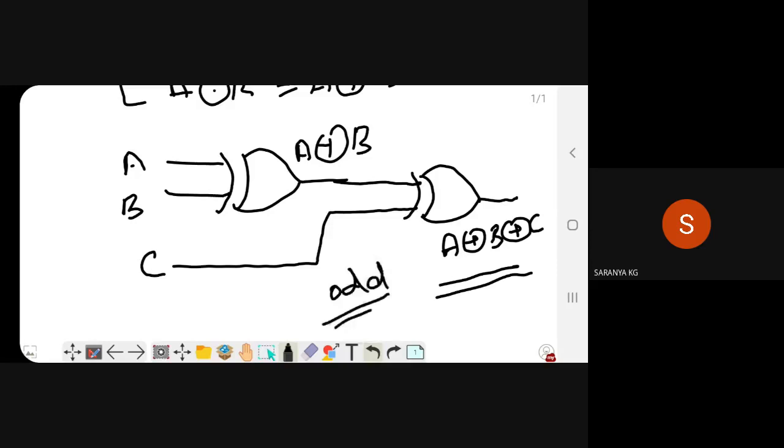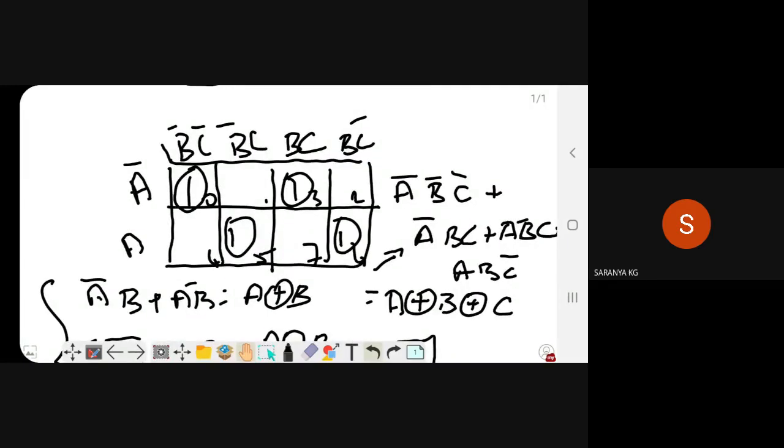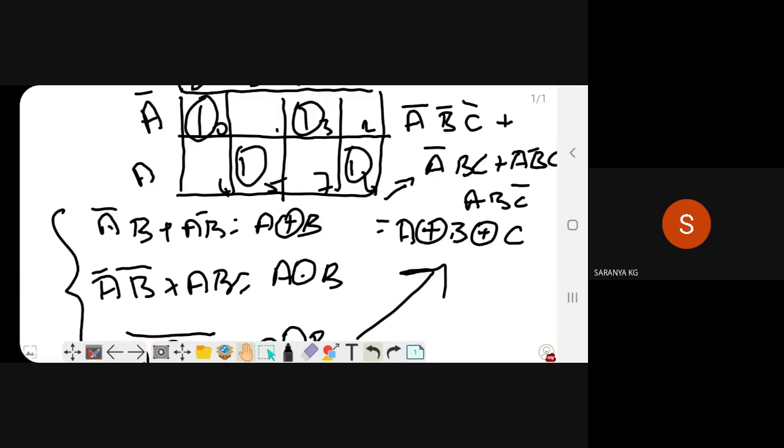When you see the even parity, you proceed with the same steps. Instead of applying the column of odd parity values, you just apply the even parity values: 1, 4, 7, 2. And the 1s come in the minterm positions. You will get the same equation, A XOR B XOR C, and you will get the same design. Just work out by yourself what design comes for even parity.